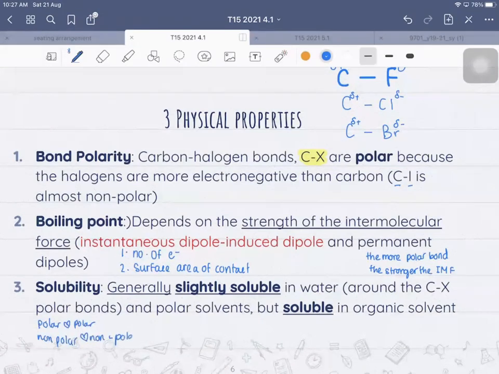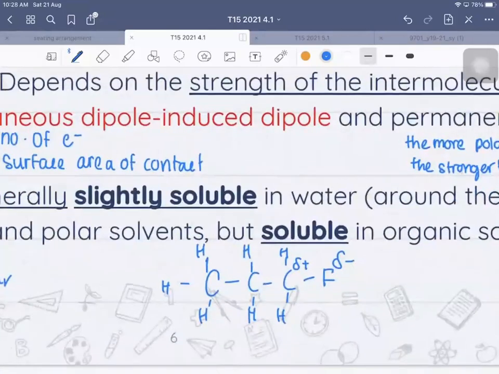But it's a bit tricky, because if you think about the halogenoalkane, just a simple one, say fluoropropane, where everything else is just carbon-hydrogen bonds, and then of course, always draw the dipoles. So for this molecule,